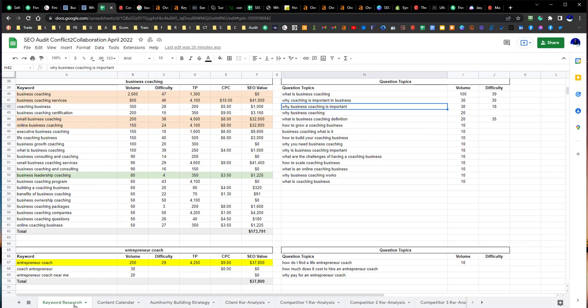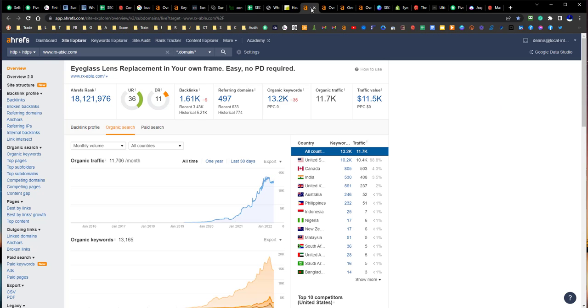But the main thing would be to start with some of these lower keywords to start getting on the first page pretty early. And then after that, gradually start working your way to the harder keywords. And that would be the way to scale. That's basically how we do this scaling. And it is 12 to 24 months.